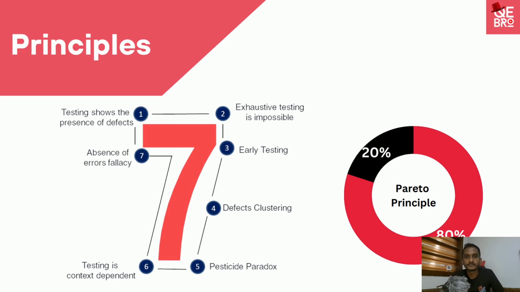Next one, exhaustive testing is impossible. What is this? Exhaustive testing, or in other words 100% test coverage, is not possible. But now it seems to contradict what I said previously, which is do more testing, find more issues. Now I'm saying 100% test coverage or exhaustive testing is not possible. Why? Because it's based, again, on the timeline and everything. We have a short period, but that doesn't mean we release without testing. That's why you need to wisely identify the scenarios you need to test.